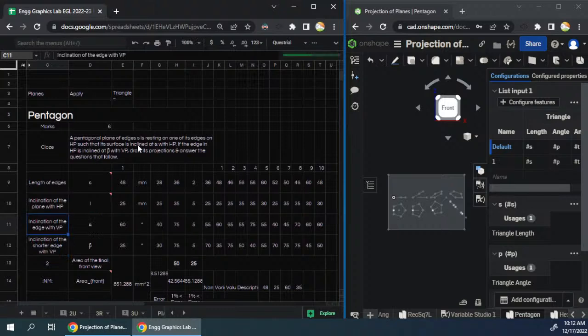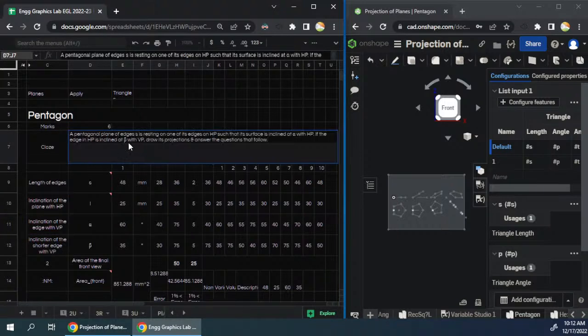That's going to become more complex if we have inclination of the edge that is in HP with VP. Okay, that's going to be what? So we can modify the question a little in order to make it readable and easy to understand for the students. What we can do here is, if the edge in HP,